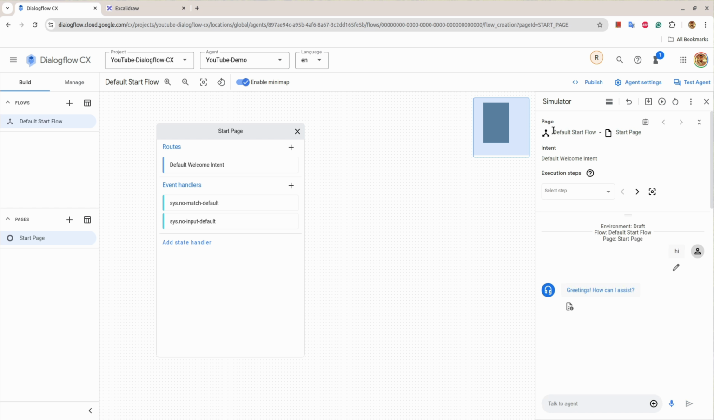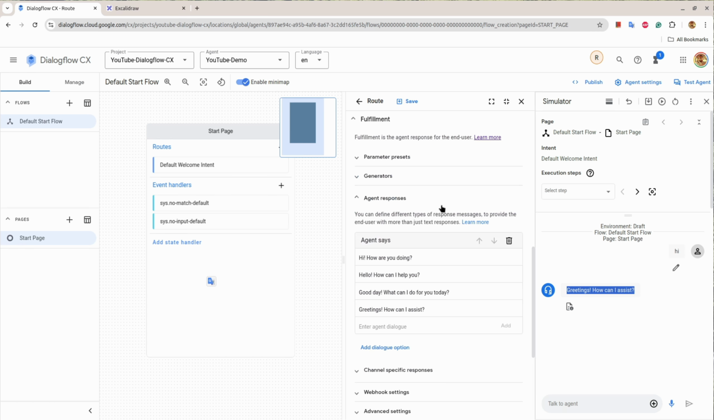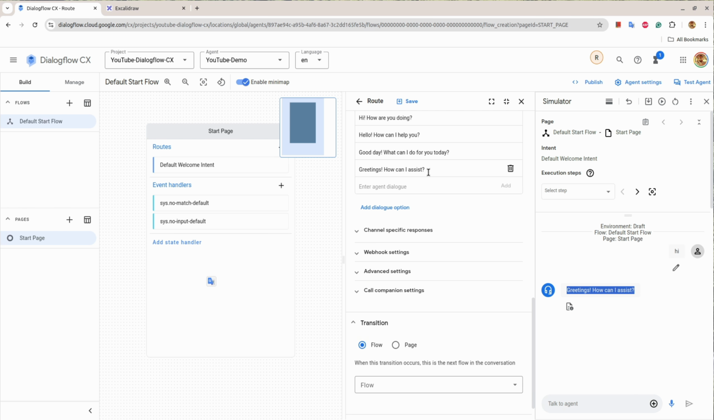you will see that default start flow, under that start page was used to generate this response, and intent, default welcome intent was fired. And we are seeing this from this fulfillment greetings, how can I assist you? But here, so now understand, you are in default start flow, and if I write something that the bot doesn't understand,